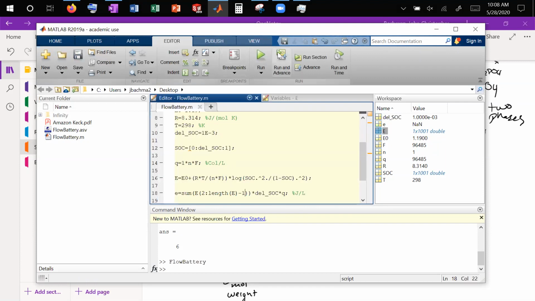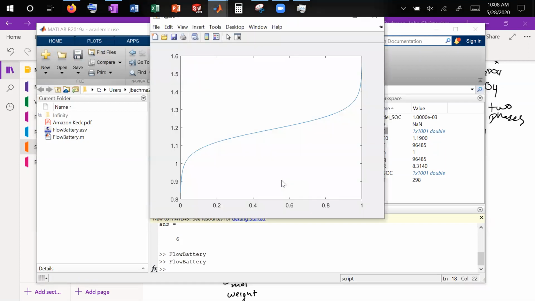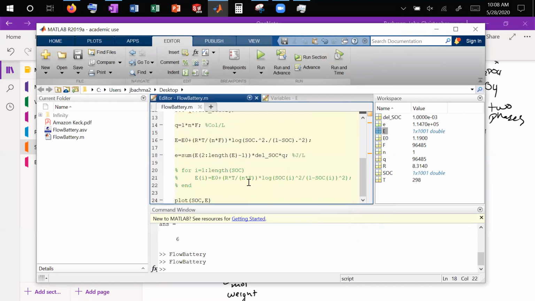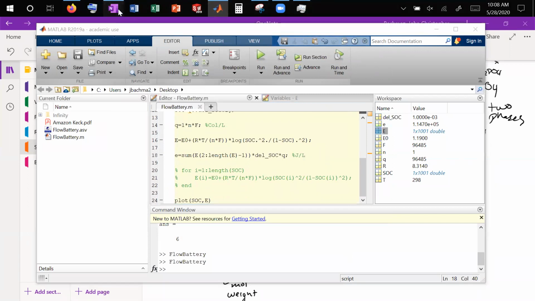So let's try running that again. See if that'll give us a result. So here we go. We got 1.147 e to the negative 5. And if we want to convert this to something a little bit more useful,